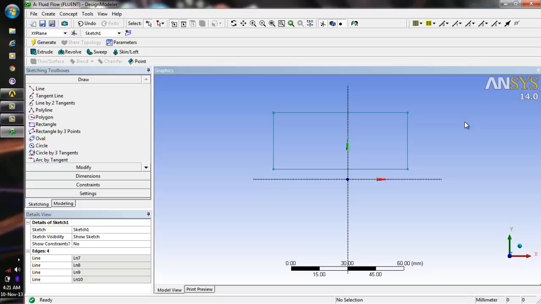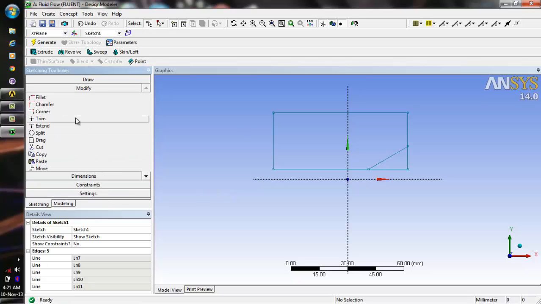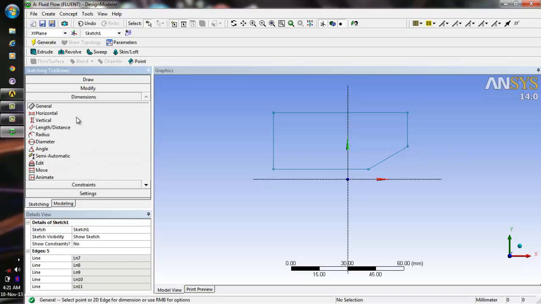To save time, we will be doing half analysis. Because the wedge is a symmetric object, we'll be having symmetry over this axis. Before this, we'll be making the geometry line from here to here. Go to modify, trim the edges. Okay, trimming is done. Now dimensions,